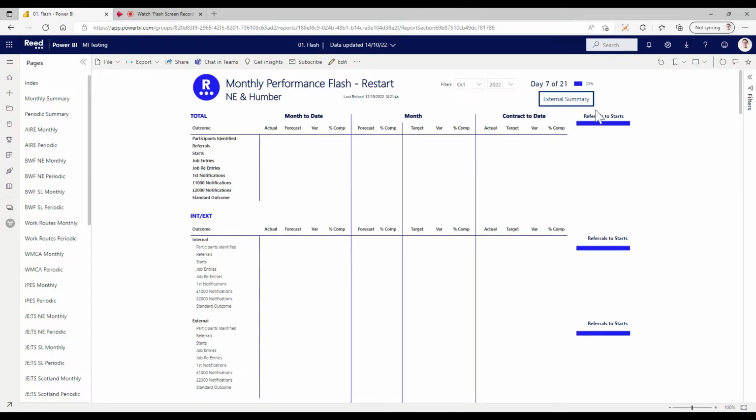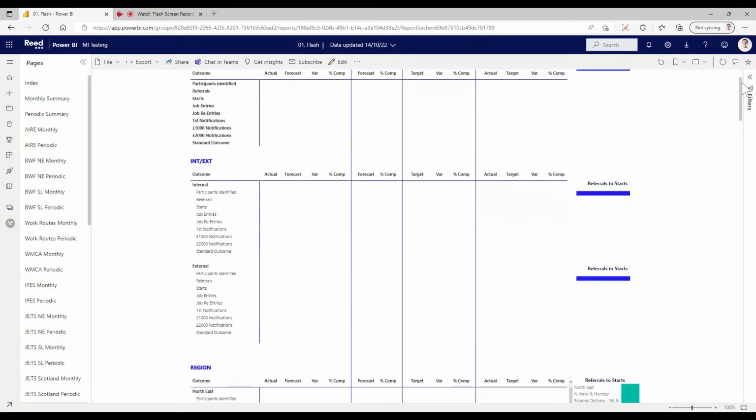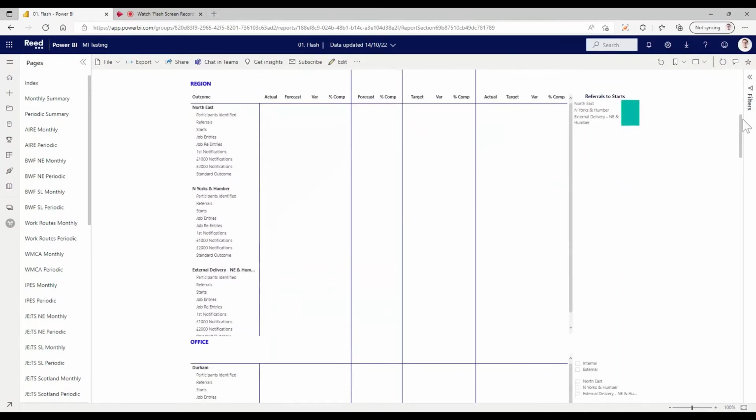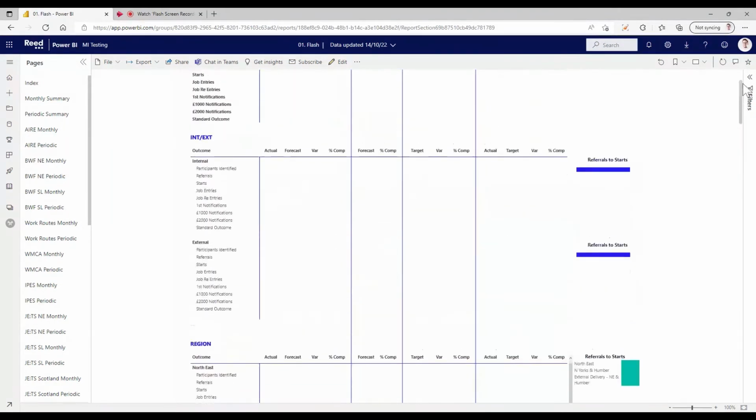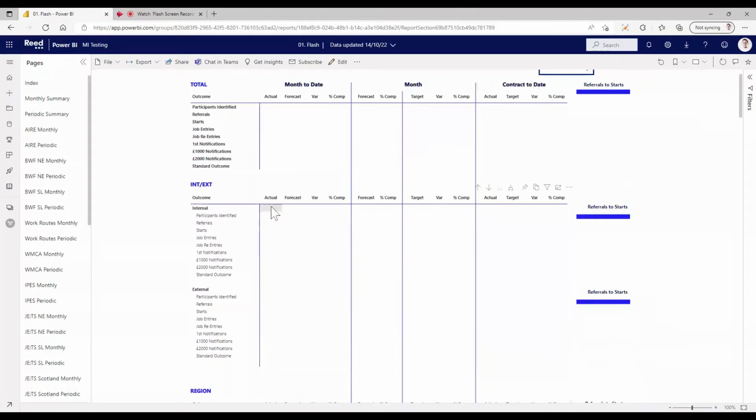On some of the pages, we have a button in the top right called External Summary. This will take you to a page which is dedicated to figures belonging to our supply chain. Splits. Scrolling down will allow you to view all the figures that we've been through by internal or external, region and office. This can be split by team by going to the internal, external section, right-clicking on the month-to-date actual